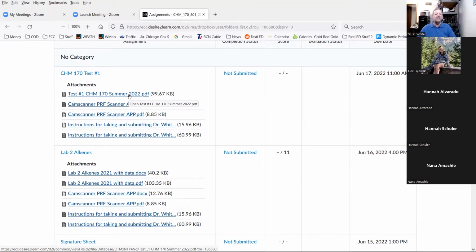And either way, make sure if it's printed or you take it on a piece of paper, make sure either with your cell phone or scanner, you make a PDF file, just like you've done the labs, and upload it here. The deadline is tomorrow, 11 a.m. Gives you plenty of time.